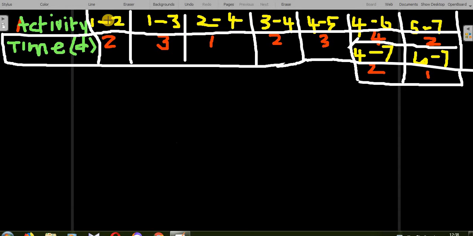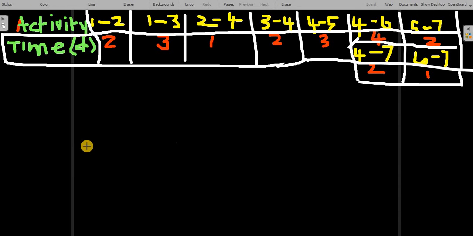Okay, right. Now these are the activities given to us by means of the events. How many events are here? 1, 2, 3, 4, 5, 6, 7 events are here. How many activities? 1, 2, 3, 4, 5, 6, 7, 8, 9 activities are there. Okay, now let me take the